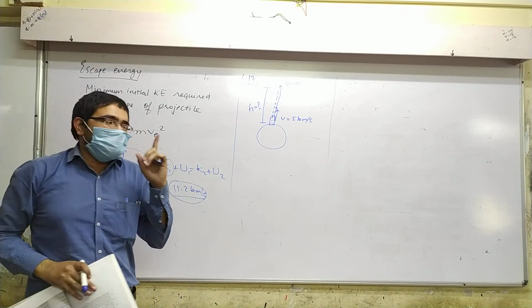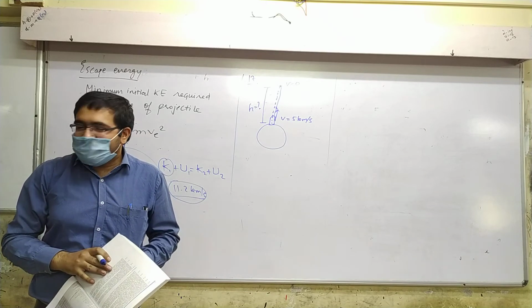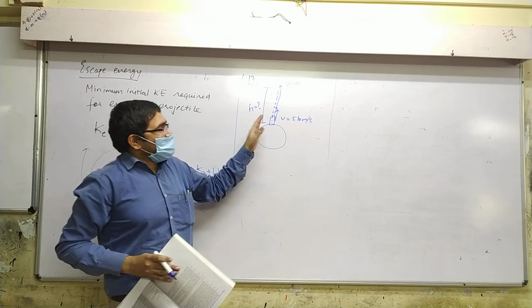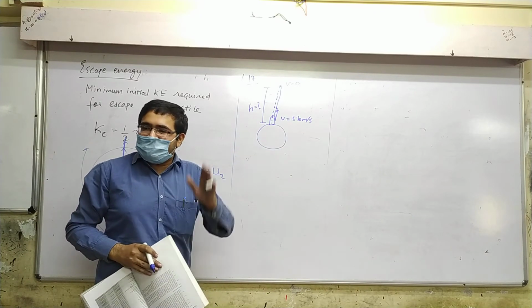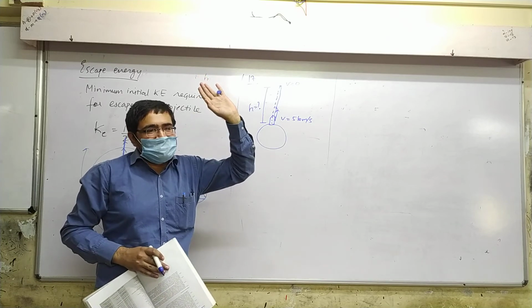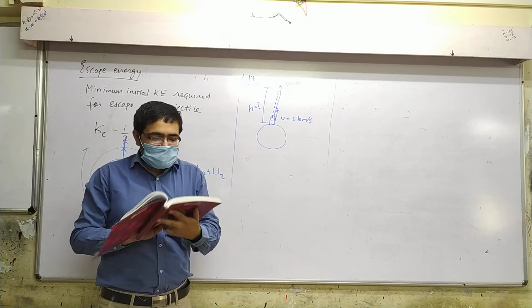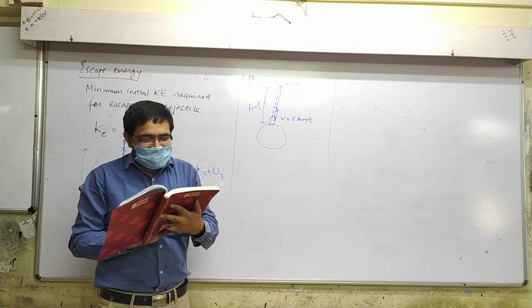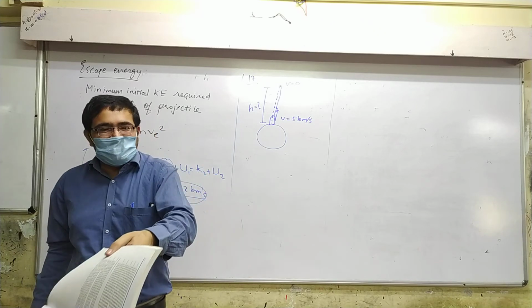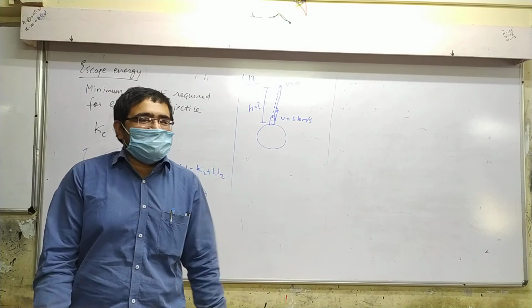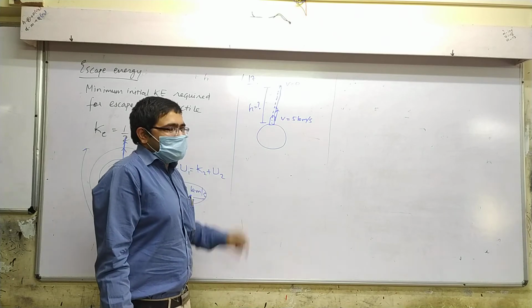But the big assumption is that the rocket does not have an engine. What happens? Suppose the rocket engine maintains speed 5 km per second. If it just keeps on going, it will never come back. It will escape. Right? Okay? Is it written in the question that it does not have an engine? No. Because hopefully everyone would know that modern day rockets have engines. So, let's solve this question.